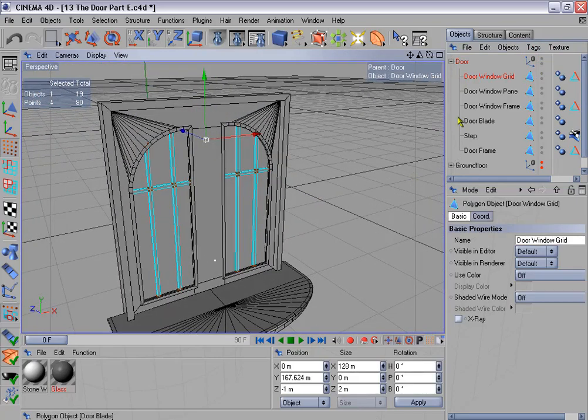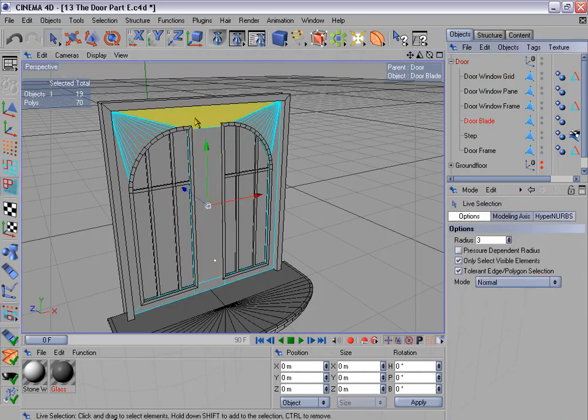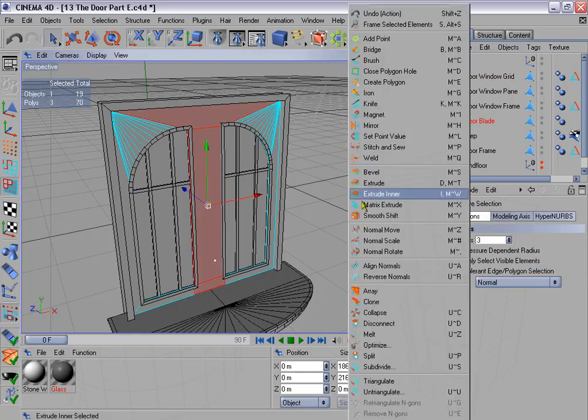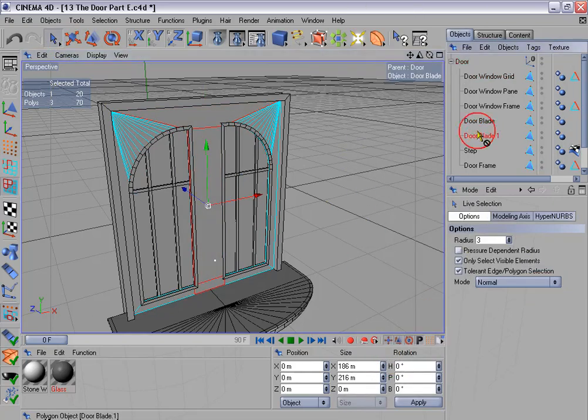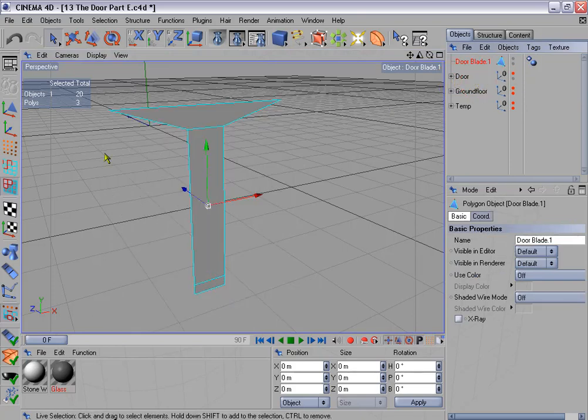Then I'm going to select the door blade, go to the polygon mode, and select these polygons here. Right click, split them off. I'm going to drag this new object out of the door null object, make the door invisible, go to the point mode,